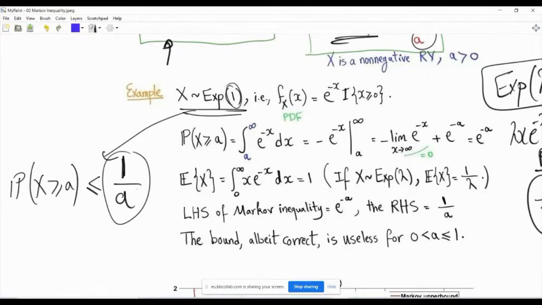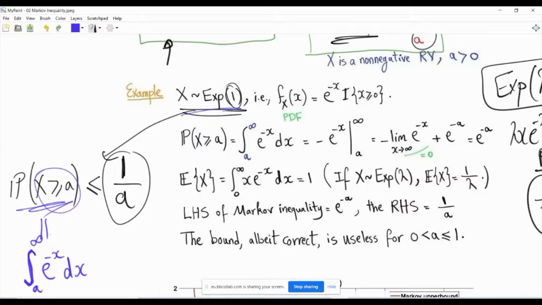Now, of course, in this case we can compute this probability exactly because we assume that we know the random variable. So this probability is exactly equal to, this is not a bound or anything, the integral. If we have a continuous random variable and we want to know the probability that the random variable is greater than or equal to a, we simply take the PDF of the random variable, which in our case is e to the minus x, and we integrate over this range, x greater than or equal to a, so from a to infinity, dx.